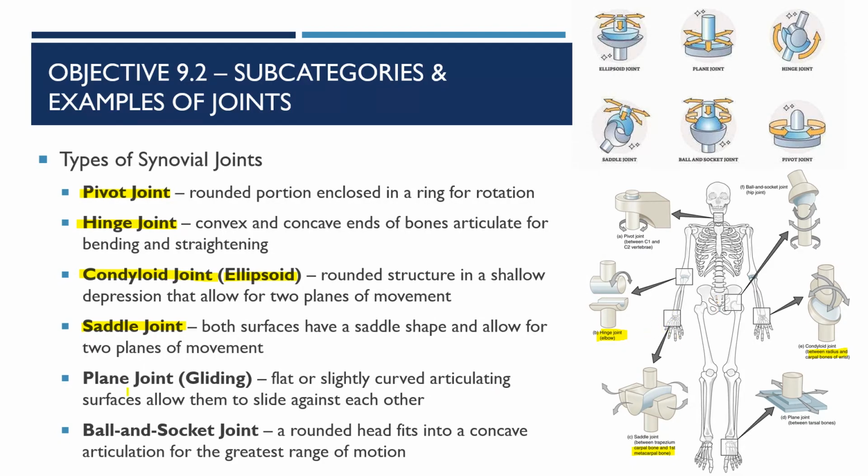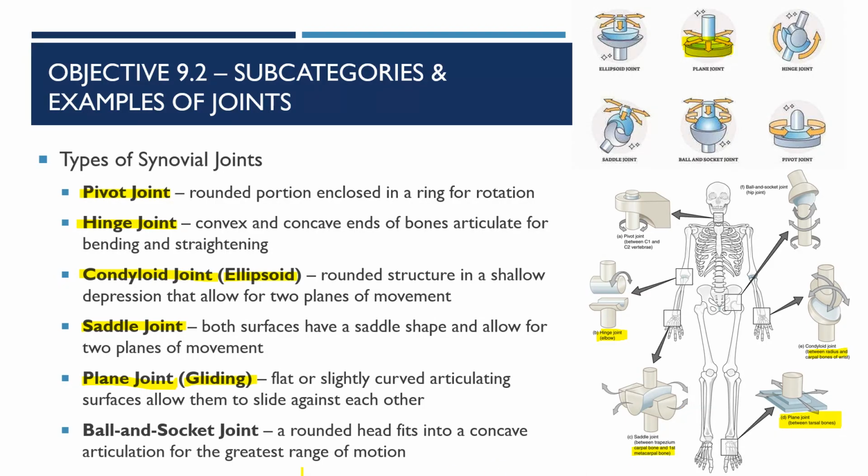thumb area. We have a plane joint, and these are when you have two flat bones sliding against each other. We'll take a look at the gliding movement here in a moment. So you have flat on flat, and you will find plane joints in your carpals and your tarsals. It allows you to wave your hand, but you just have flat bones